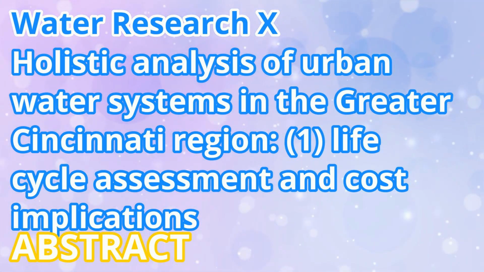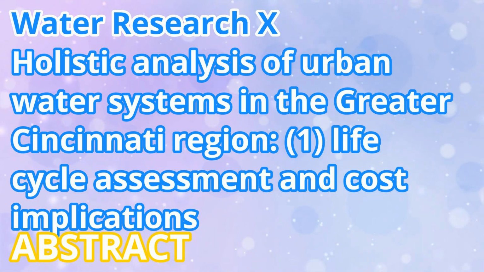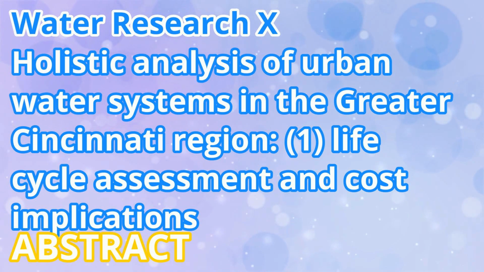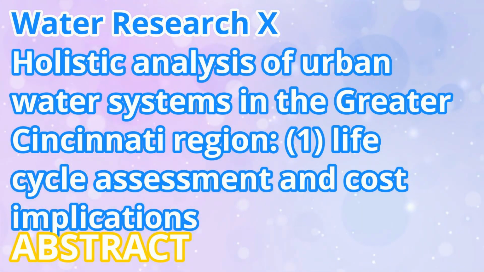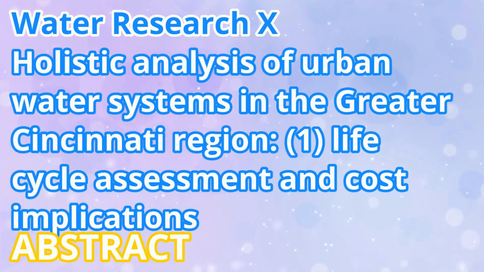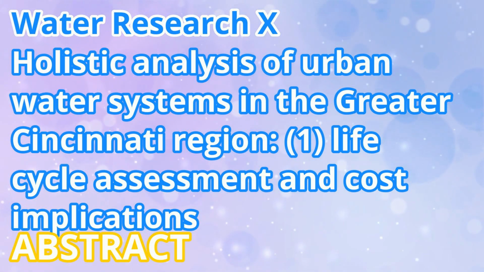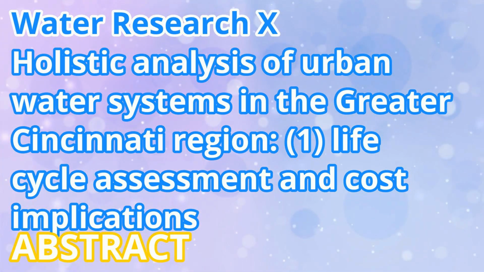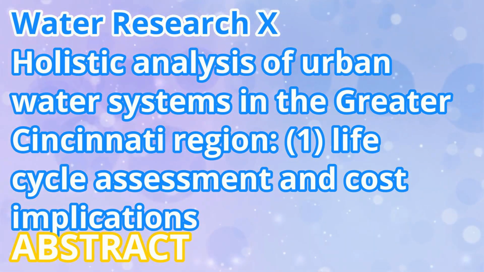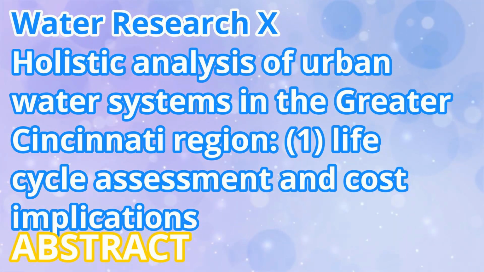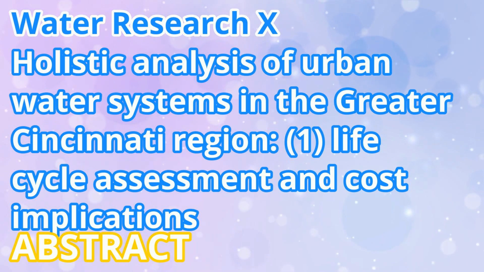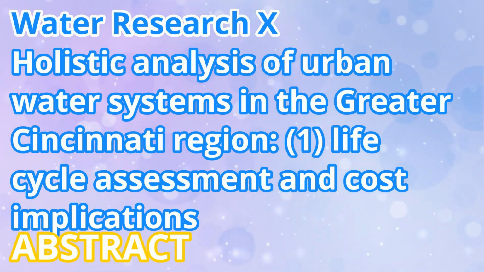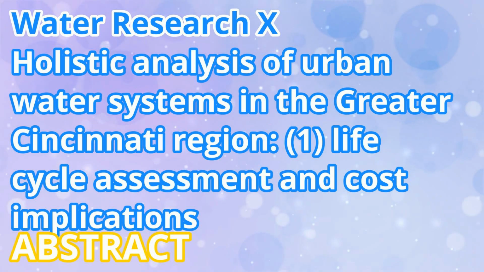This study evaluated the life cycle environmental and economic impacts of urban water and wastewater systems with 2 utilities in the Greater Cincinnati region as a case study. The scope of this study includes the entire urban water and wastewater systems, starting from raw water acquisition for drinking water to wastewater treatment and discharge. The detailed process-based life cycle models were developed based on the datasets provided by local water and wastewater utilities.